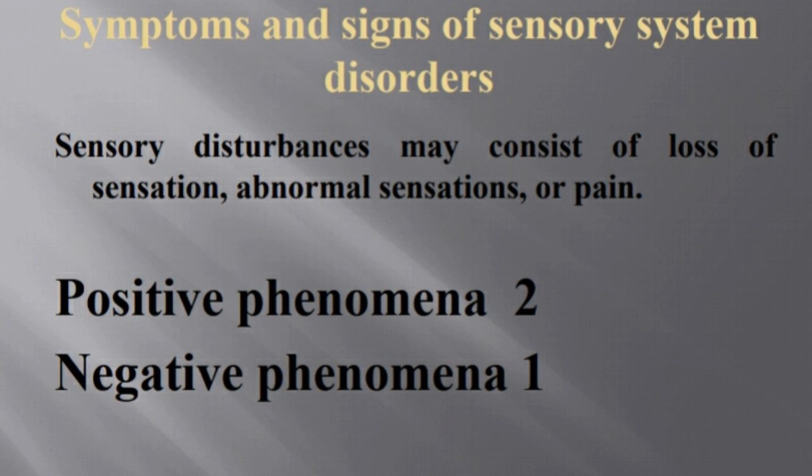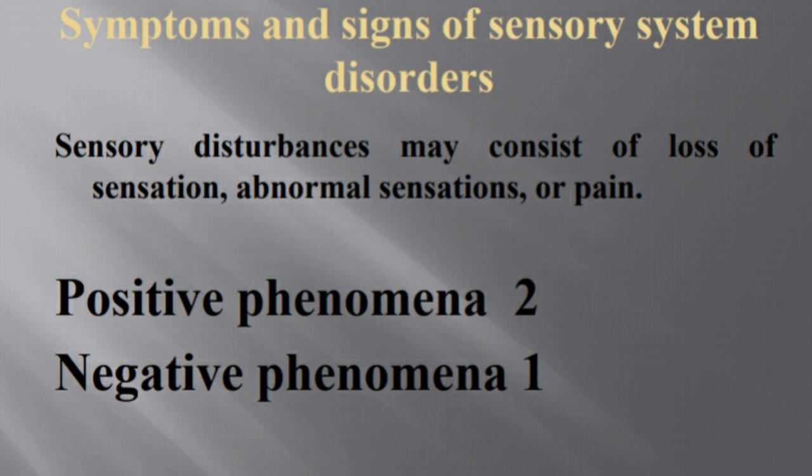Symptoms and signs of sensory system disorders. The sensory disturbances may consist of loss of sensation, abnormal sensations, or pain. The positive phenomena usually result from trains of impulses generated at the site or sites of lowered threshold or heightened excitability along a sensory pathway,